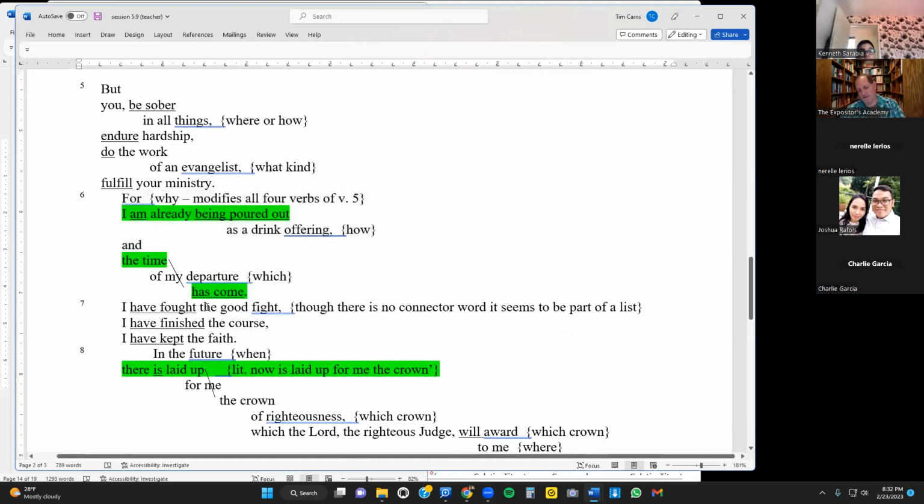Okay, look what I did. And this is just as I see it right now. We had these clauses here. I fought the good fight. I finished the course. I've kept the faith. Those are all clauses, okay, because there's a subject and a verb. And then the question is, are they dependent or independent? And I think independent was what we had said before,